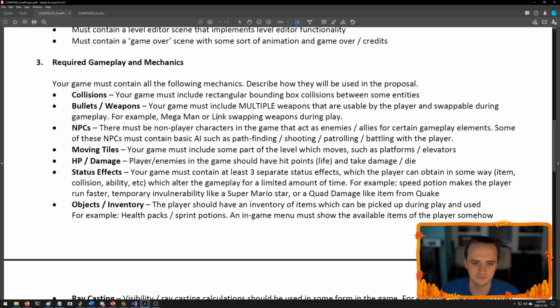So there must be non-player characters in the game that act as enemies or allies for certain gameplay elements. Some of these NPCs must contain basic AI such as pathfinding, shooting, patrolling, or battling with the player. So what I mean by here, this is important, and at least one AI entity in your game must contain interesting pathfinding, okay? Meaning like the A-star search algorithm or a vector field or,